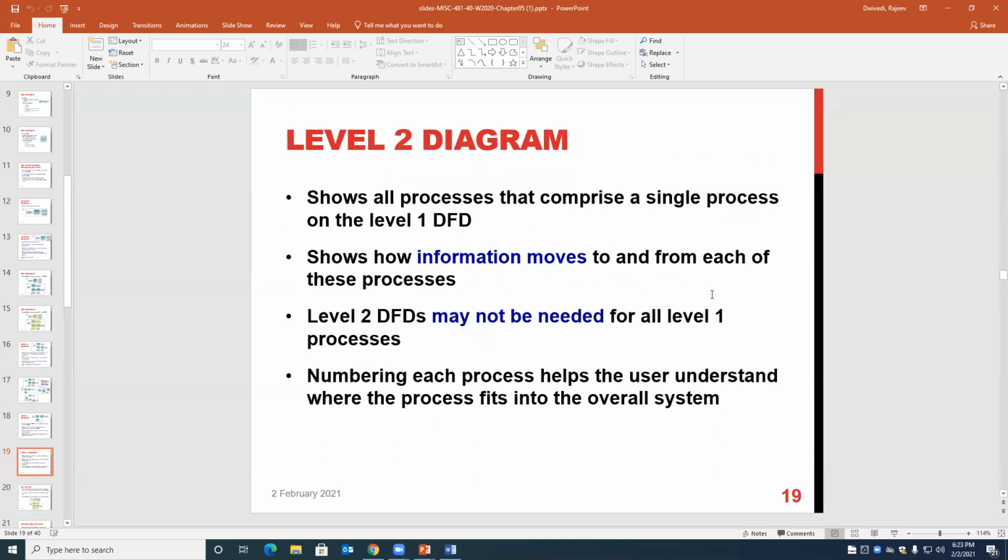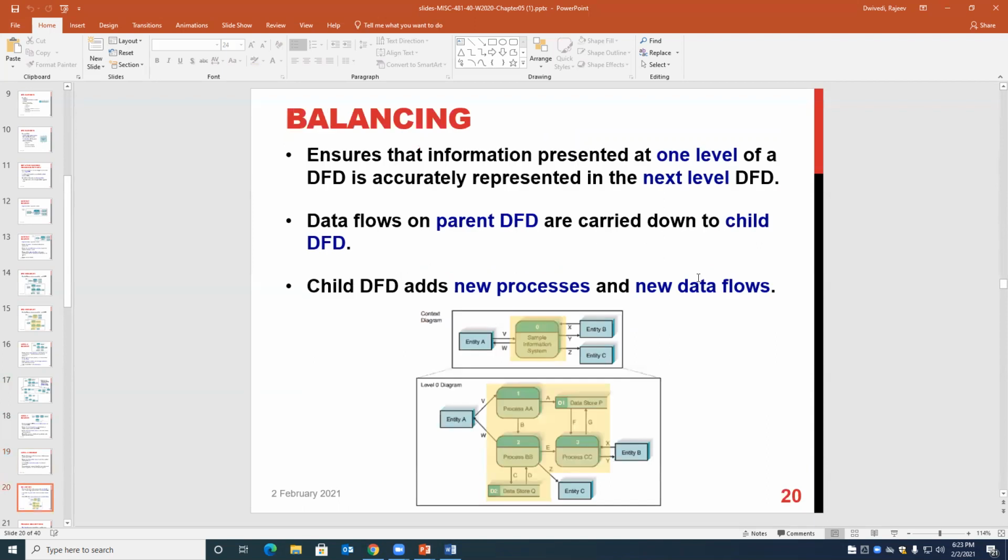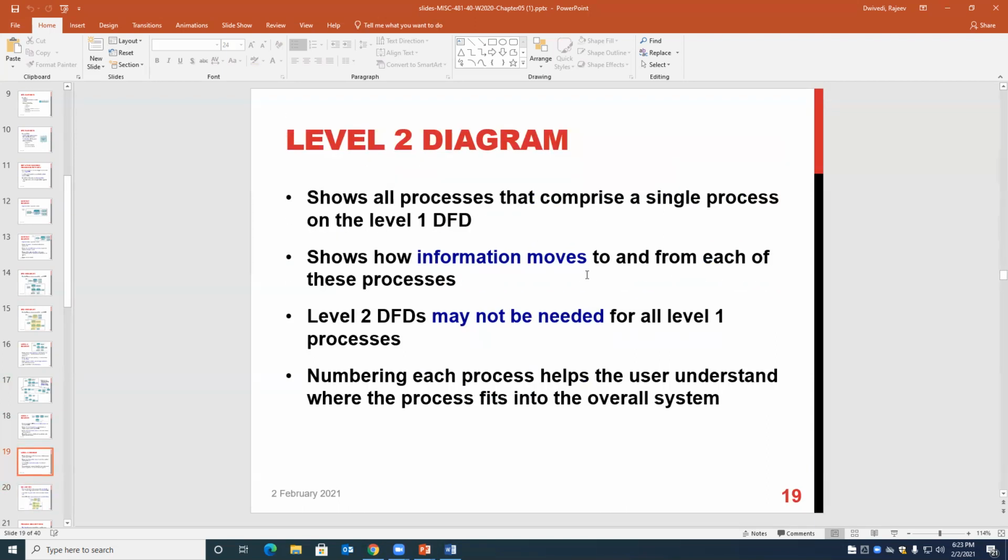Is there a level 3 diagram? Basically, after level 2, we don't have level 3, 4, 5, 6, 7, because our problem is solved. Mostly the problem is solved from level 0 to level 1, and if needed, go for level 2. So level 2 may not be needed for all level 1 processes. And with level 2, you can further